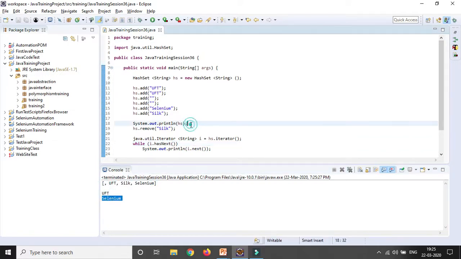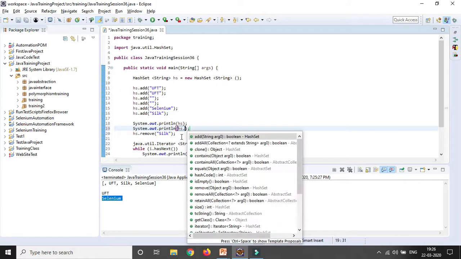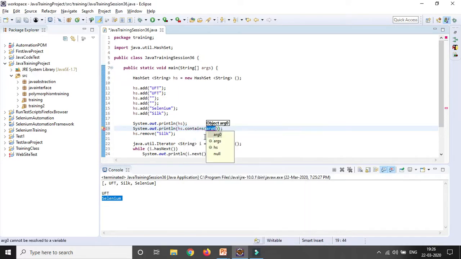Now before removing, you can also check by searching. You want to check whether any particular element is present or not with any keyword. So how can you do it? I want to print object name dot contains, to check whether the particular Selenium element is present or not.